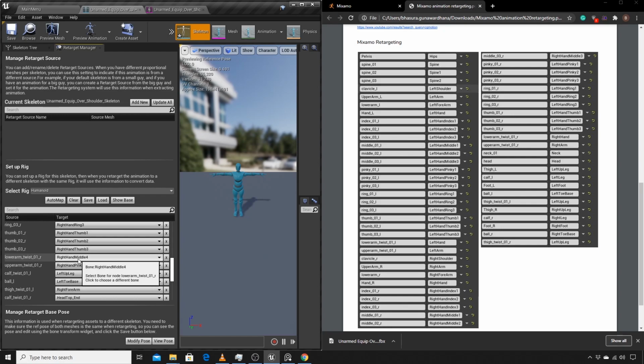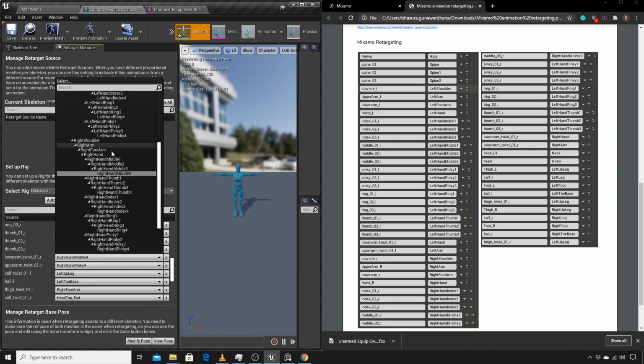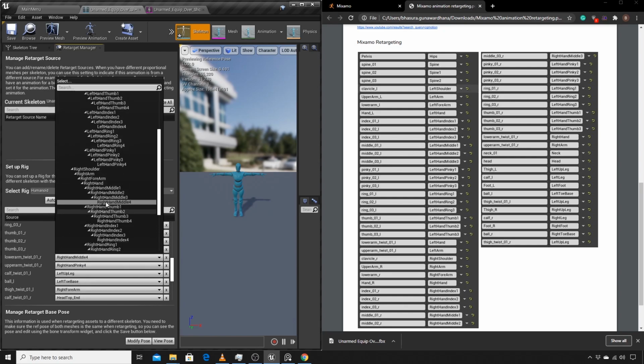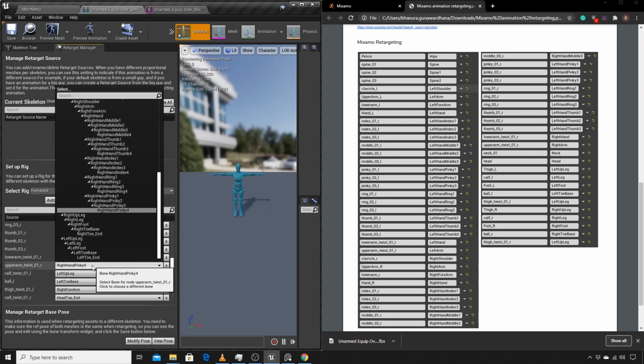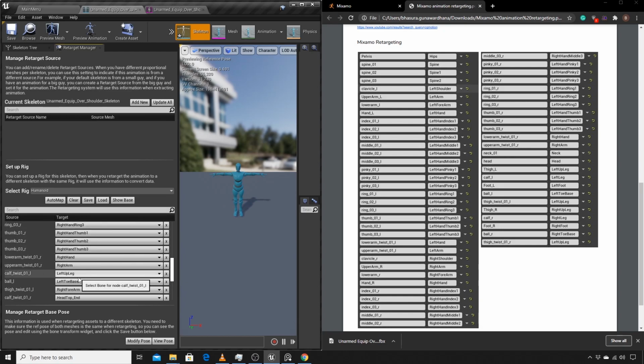Okay, for the twist, right hand, for this right arm. Okay, calf twist. I'm gonna ignore ball, left or base, right thigh twist,